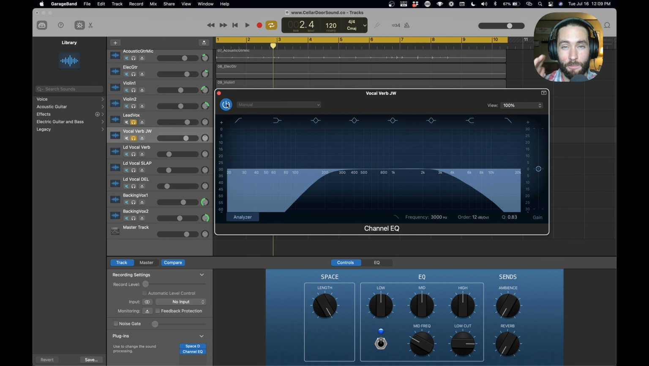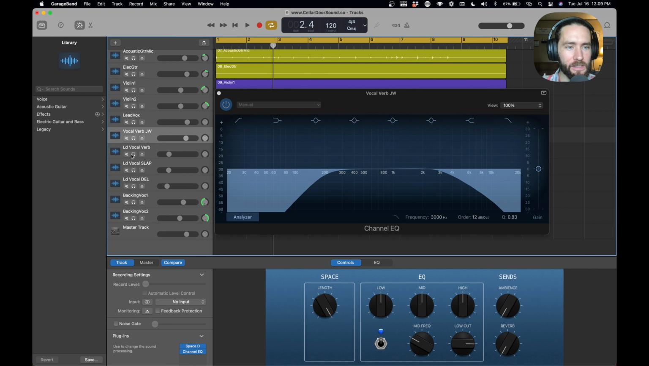So this is helping because it's bringing more focus to that lead vocal. All right, so let's pull it in. This song is just a rough mix of this song, but let's get a good mix of this verb